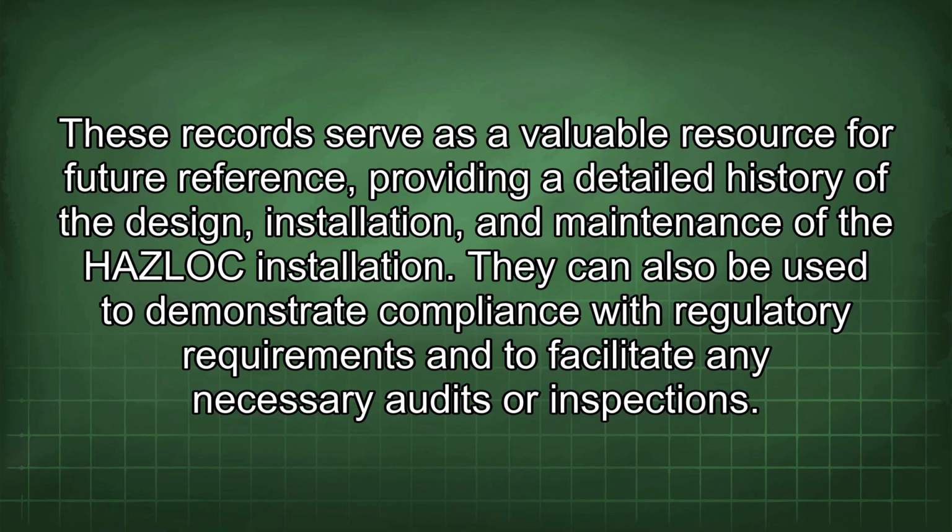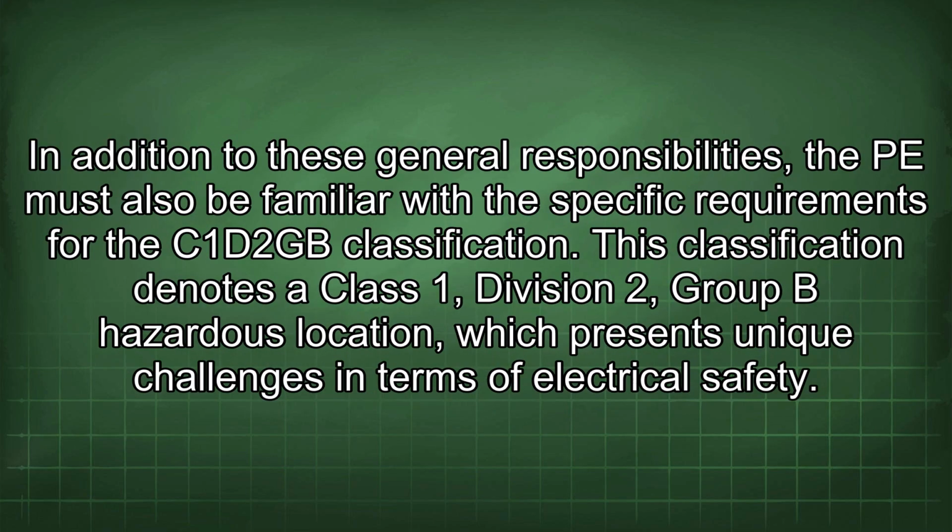They can also be used to demonstrate compliance with regulatory requirements and to facilitate any necessary audits or inspections. In addition to these general responsibilities, the PE must also be familiar with the specific requirements for the Code D2GB classification. This classification denotes a Class 1, Division 2, Group B hazardous location, which presents unique challenges in terms of